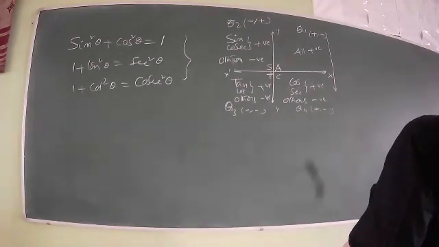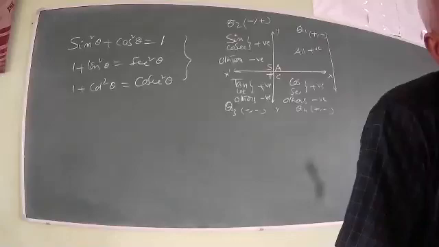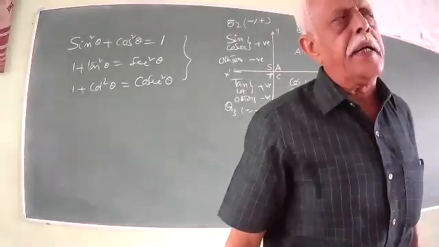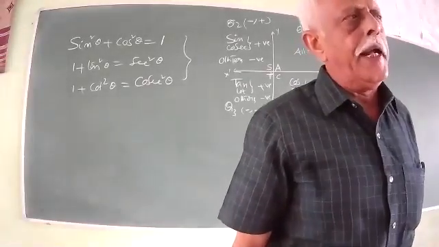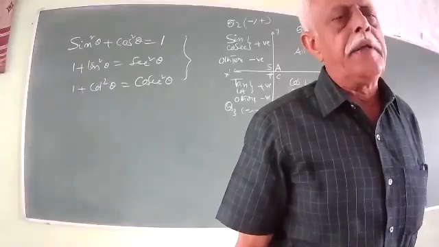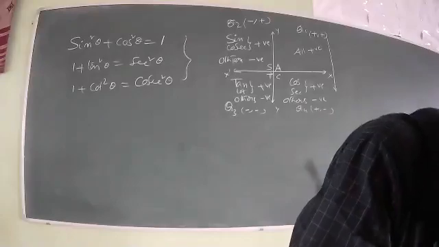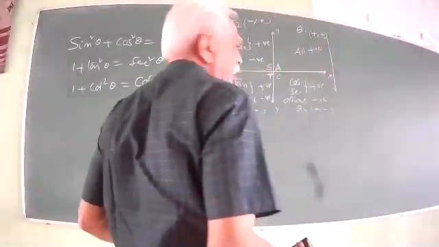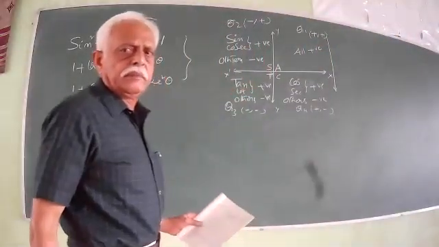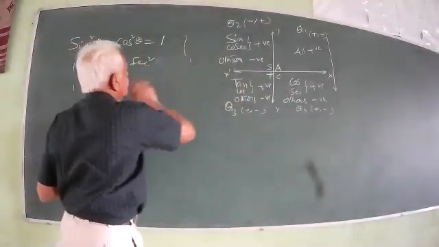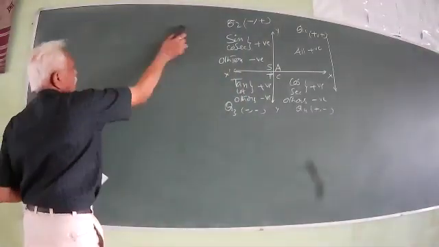So in all these 5 problems, one trigonometric ratio is given and you are asked to find the remaining 5 ratios. And in all the problems, problem number 1,